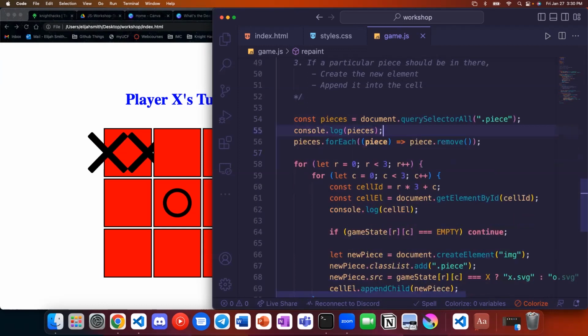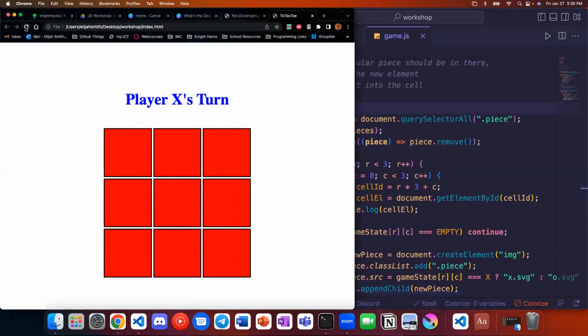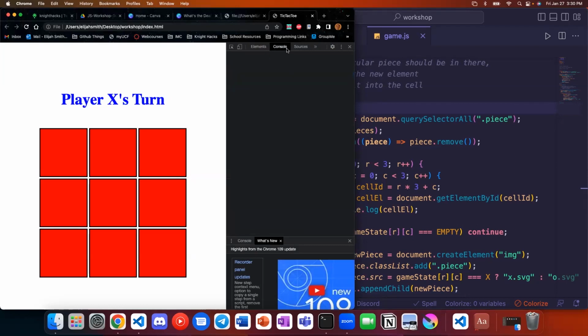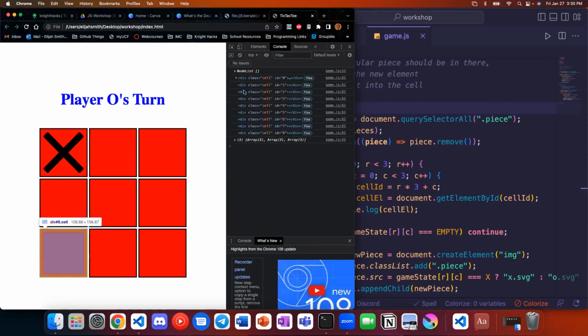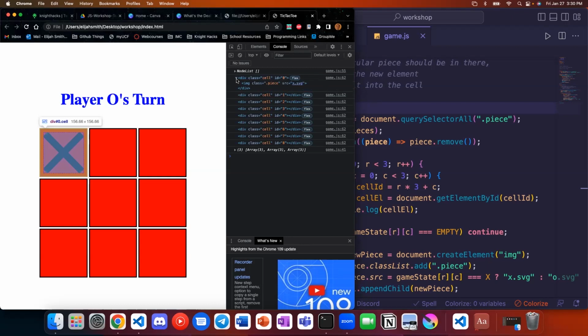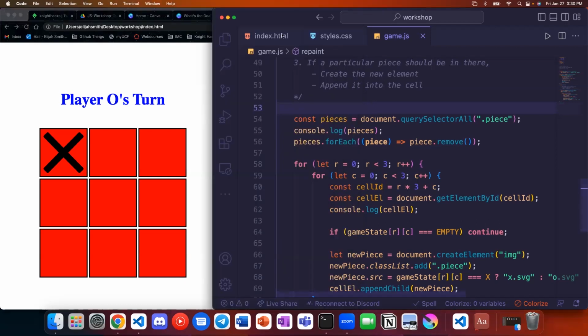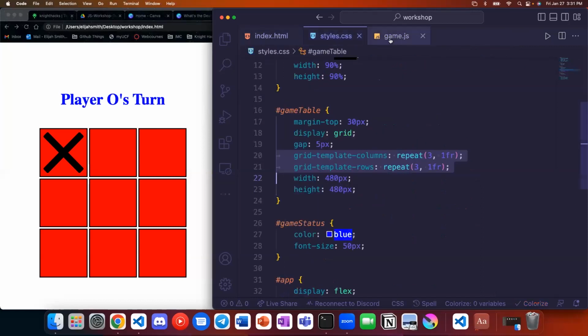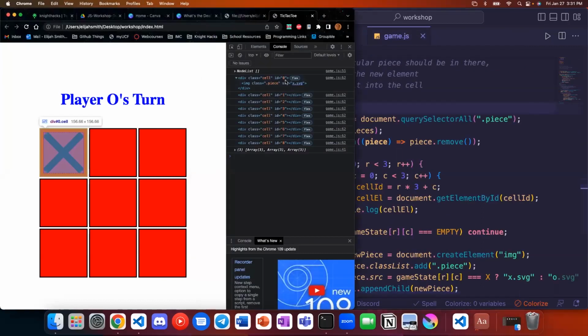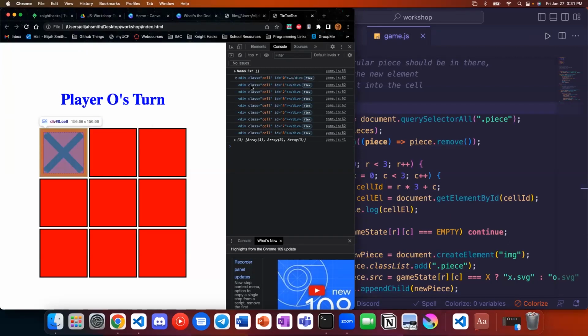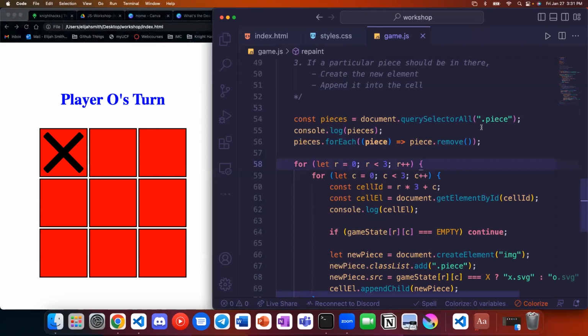I'm going to print out what comes back from querySelectorAll just to see if it matches what I expect it should. So it's giving us back the cells rather than the pieces.